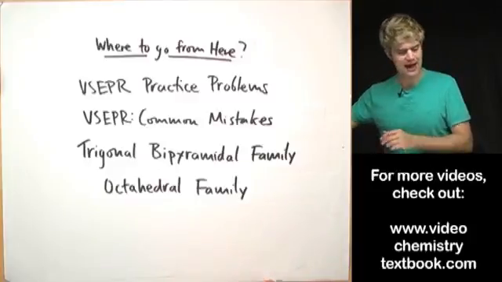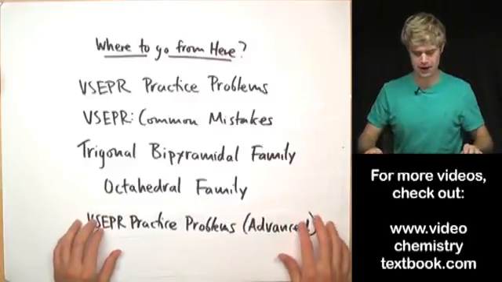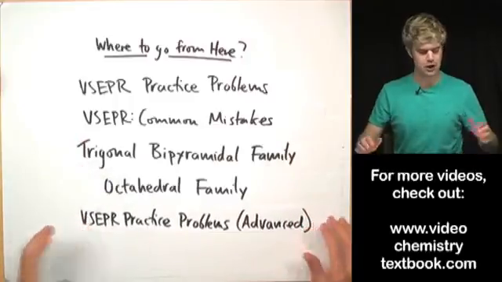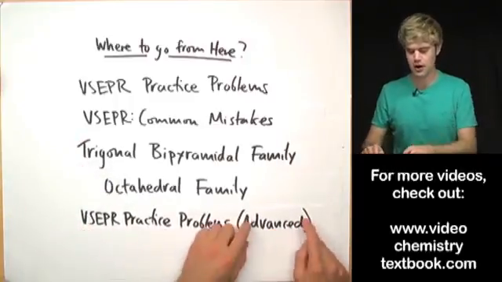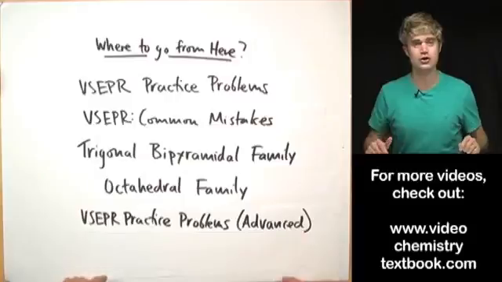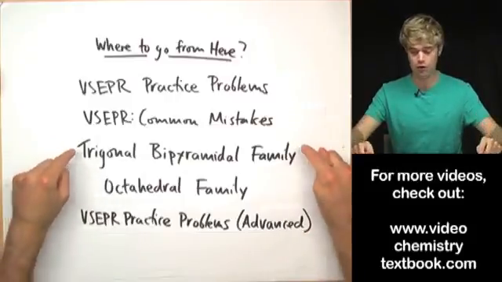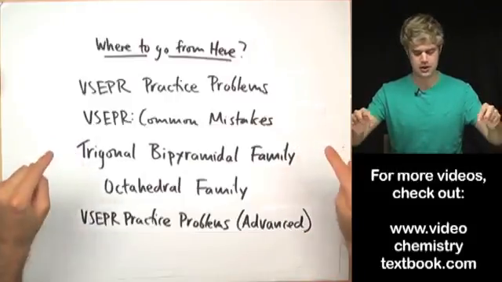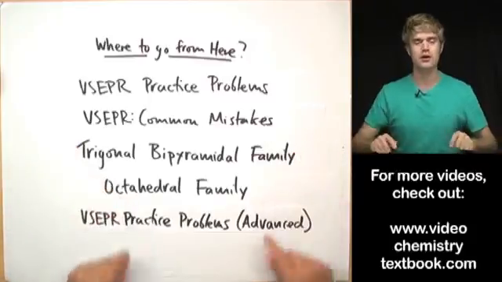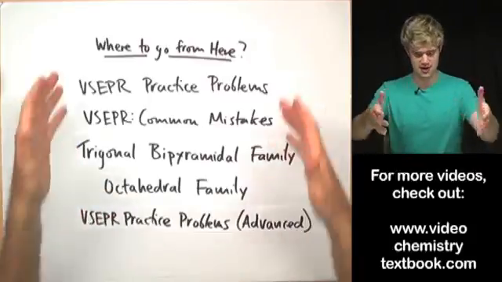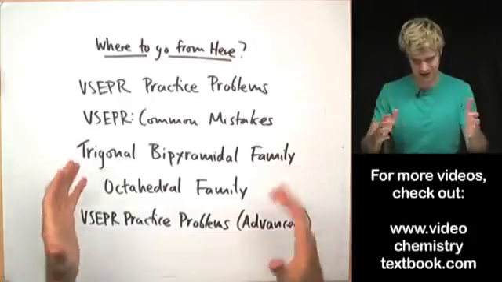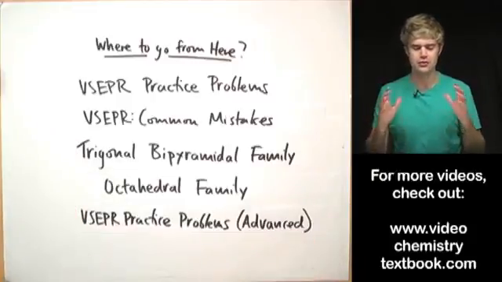And now finally, after you've watched the video on the trigonal bipyramidal and the octahedral, you can do the VSEPR practice problems for these advanced structures where you'll go over the molecule shapes that I talk about in this video and this video. So this might look like a lot, but if you go through it,